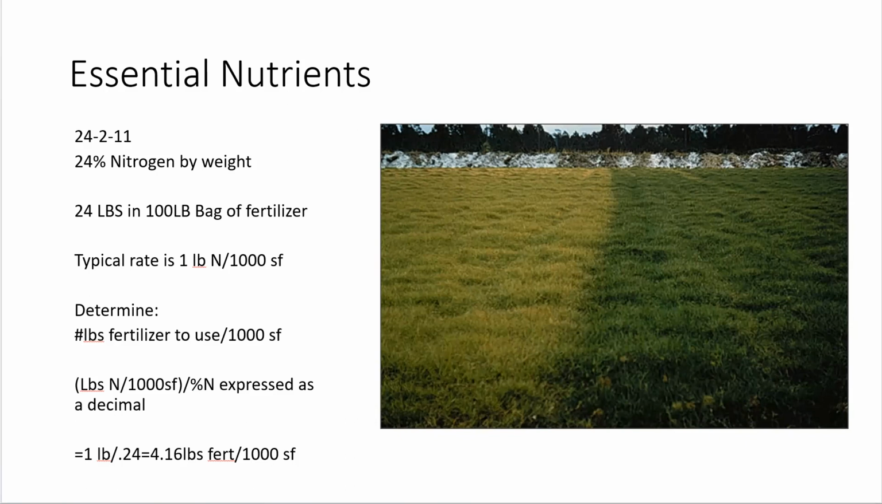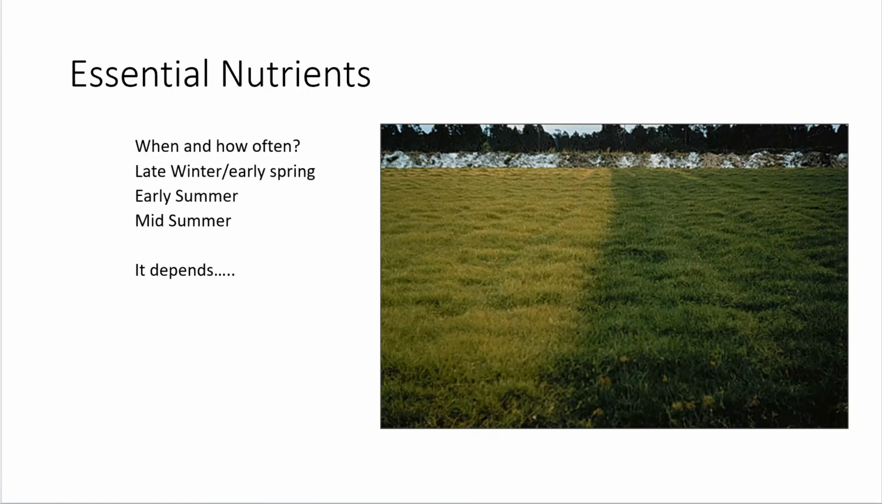It's not difficult to do, but you do need to calibrate it and make sure that on the lawn, on that area, that 4.16 pounds of the fertilizer is uniformly distributed throughout that 1,000 square feet. How often and when do we do it? Okay. Now, typically late winter, early spring, okay, as plants are coming out of the cooler season and a slower